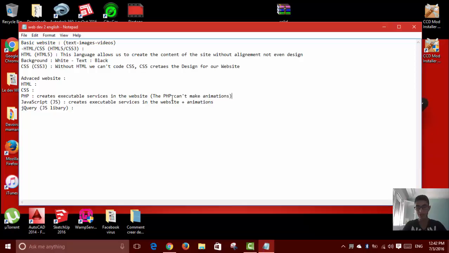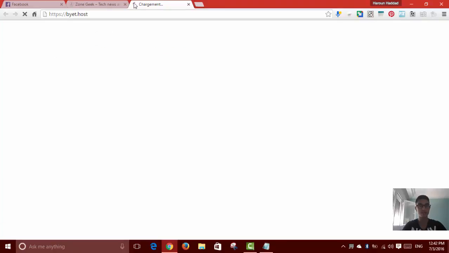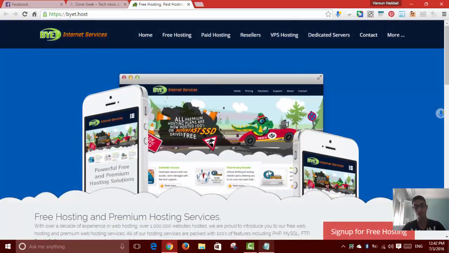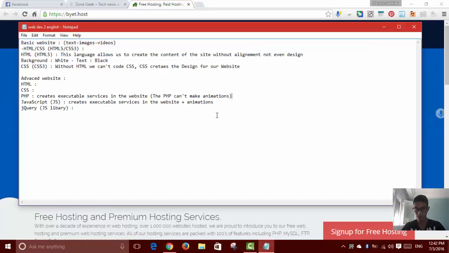So you may be wondering how to make animations. I really don't know how to do them, but I think that with JavaScript you have to download the GIF image of the animation, like this one. I don't know if you tried BioHouse or not, but when you access BioHouse, there's gonna be an animation in here. So let's wait for a second. Here it is. That's the animation. Alright, so this slide we can create with PHP and JavaScript, but we can't create the loading animation. So I think that for the animation, you should download the GIF image of the animation and upload it with the